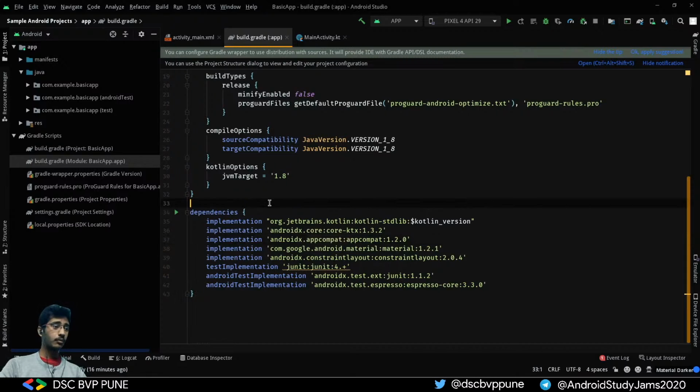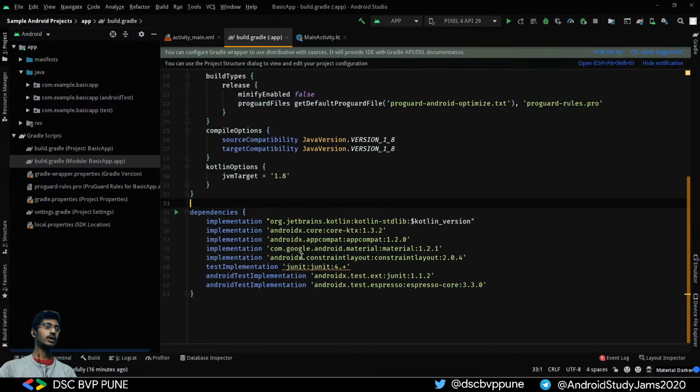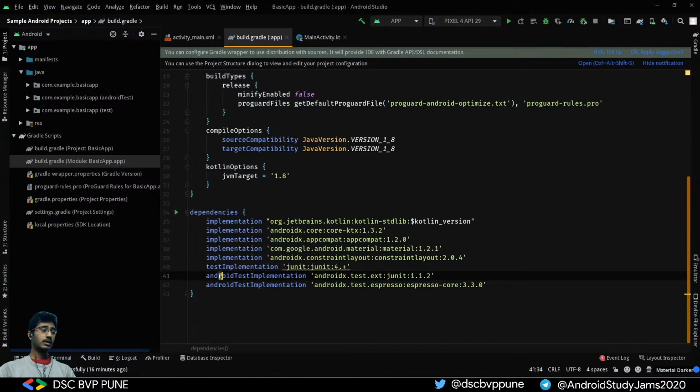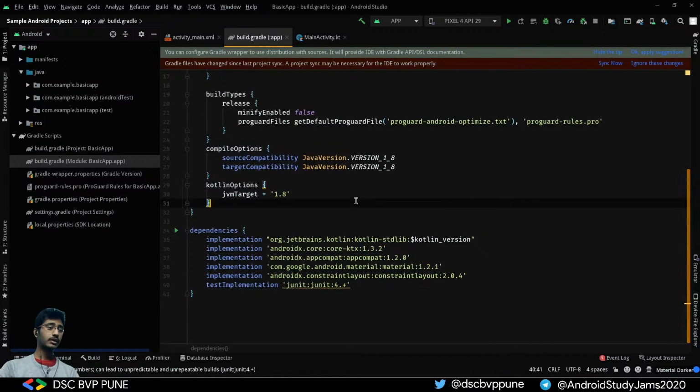The app compat library provides the AppCompatActivity class, which is the starting point of our application. And then there are some more. Here is the test implementation, we can ignore this, we can also remove this, and after making any changes to it